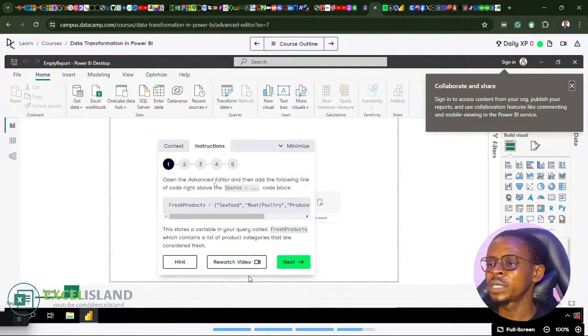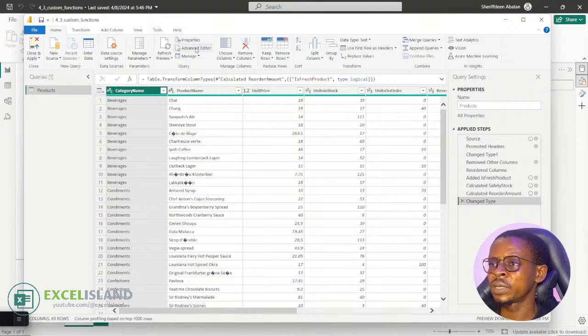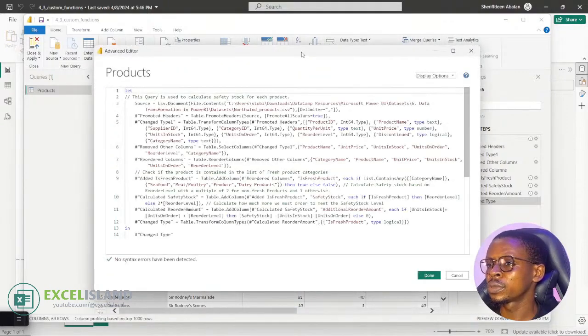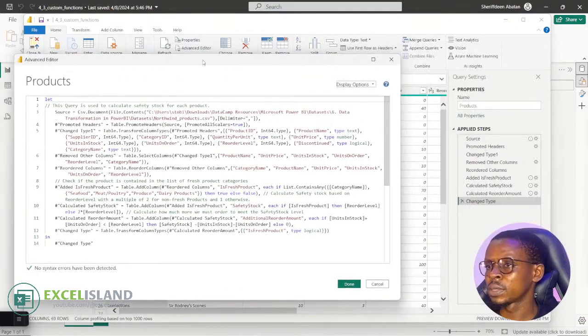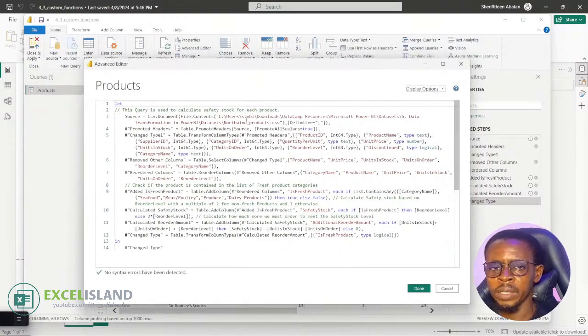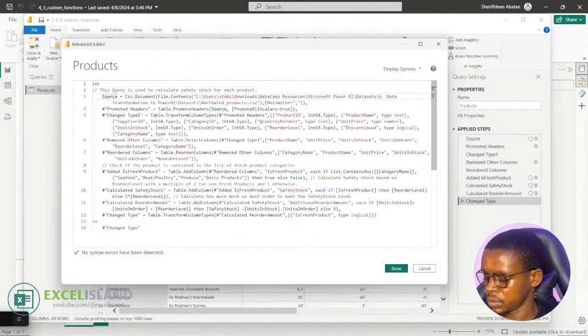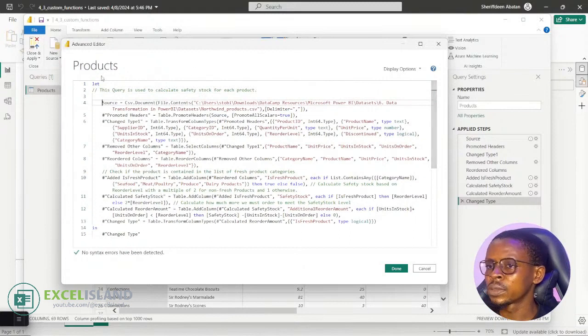It says open the advanced editor and then add the following line of code right above the source code. I'll go to the advanced editor here, which is also all these applied steps. This is the code behind it. So this is the source code. We actually enable these numbers you're seeing by clicking enable